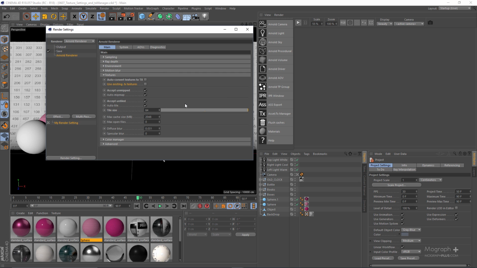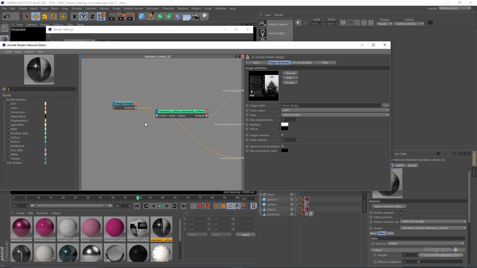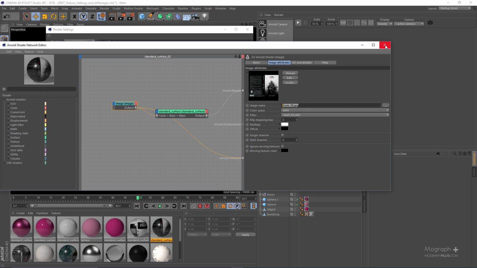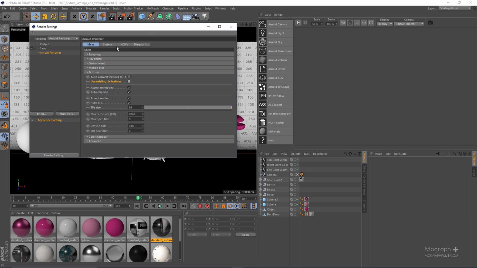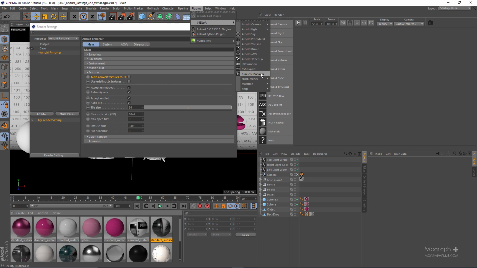The next option here is use existing .tx textures. If enabled, Arnold checks for the .tx versions of the textures referenced in the scene and exports them to Arnold. So for example, I can convert the PNG or JPEG textures that I have in my scene to .tx textures, and if this option is enabled, even though you have referenced those PNG or JPEG files in your shader network, Arnold still uses the .tx versions of those textures. The way you convert your images to .tx format is using either auto convert textures to .tx or the TXmanager. So if I open up the TXmanager window from the C4DtoA plugin menu,